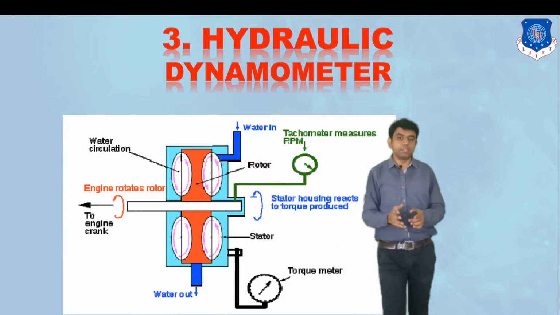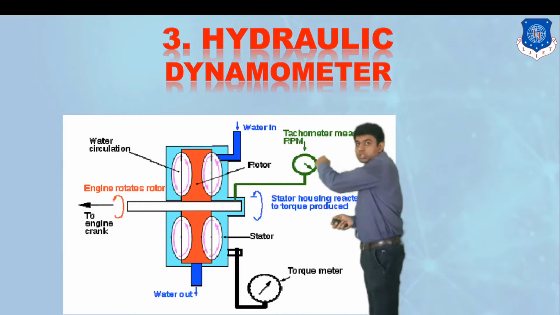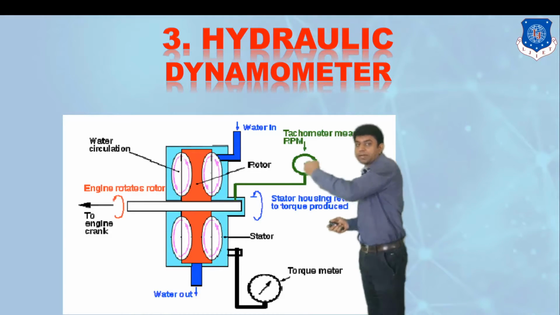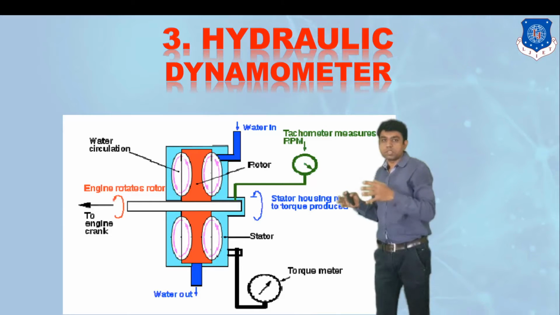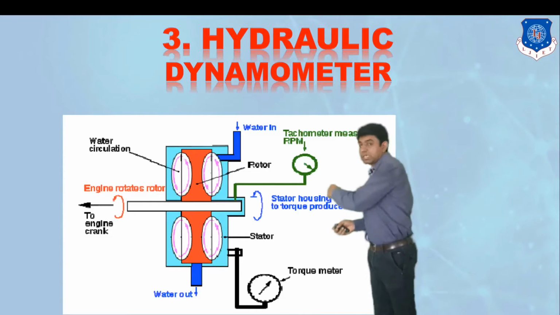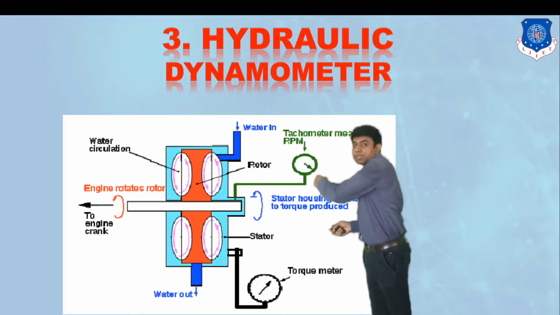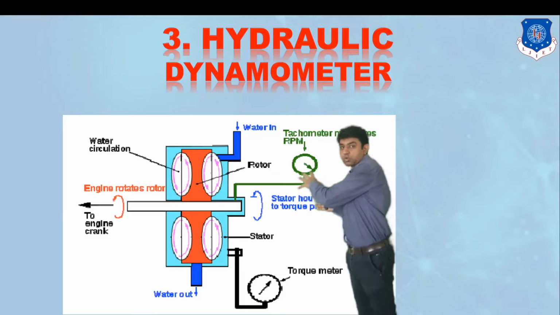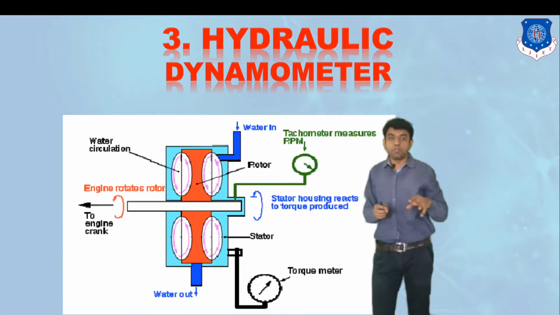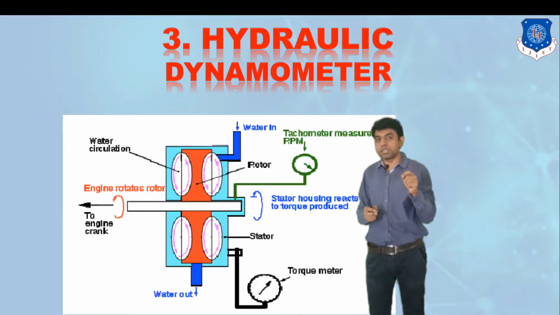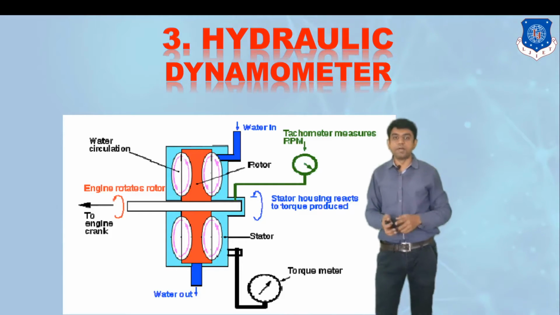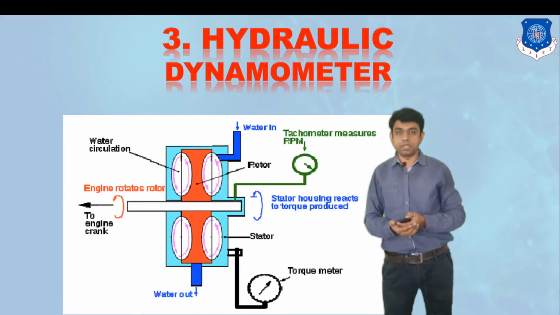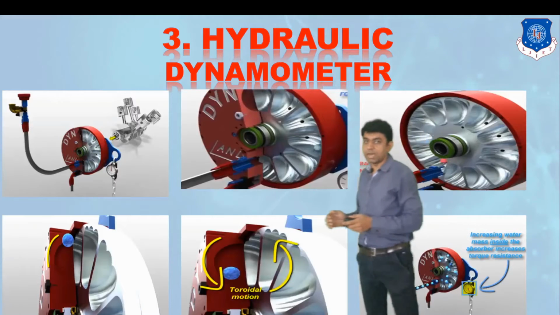What will happen is, once the water is there in the casing region, from the rotor motion it will try to rotate the casing part also. But the casing is naturally a steady part. It is kept steady with the help of a tachometer, or a spring balance weight. That spring balance would try to stop the casing, but the force received at the casing would be monitored, and that will give you the value of torque present in the engine shaft. Still, let us understand that in detail.